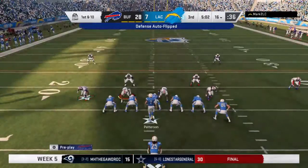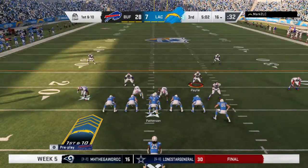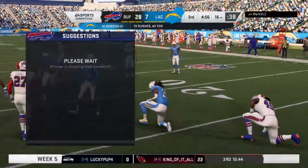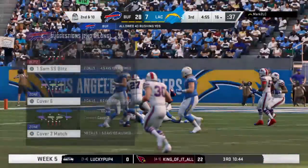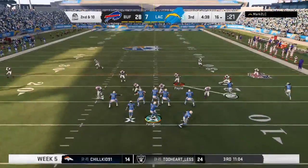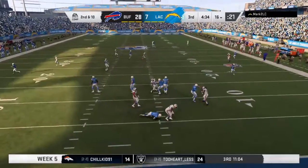The Charger drive about to get going. They trail offense, first time to touch the ball in quarter 3, and we'll see what they can do. And I can't wait to see what they have planned, because some teams script to start a half. Other teams just go, okay, these are the sequence of plays we want to run. These things worked well for us. And sometimes they throw in that big chunk play right away. Shocker. Try and get after them early and try and create a big play to give them nowhere to escape,